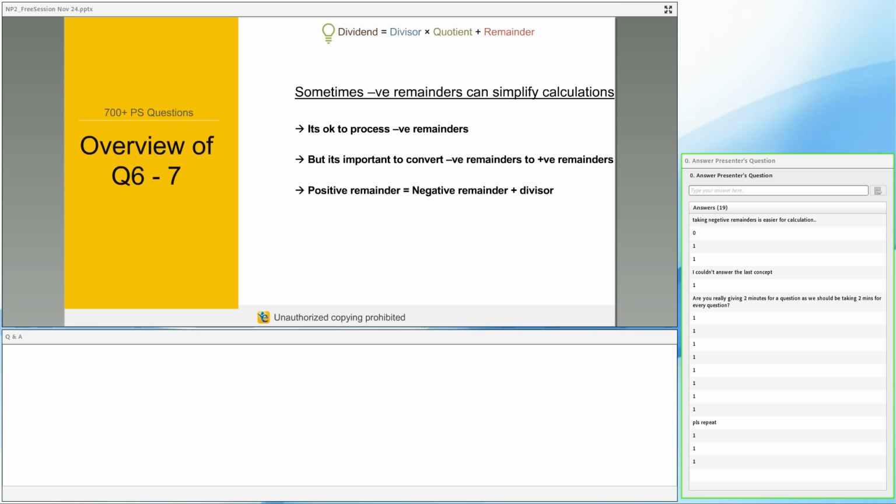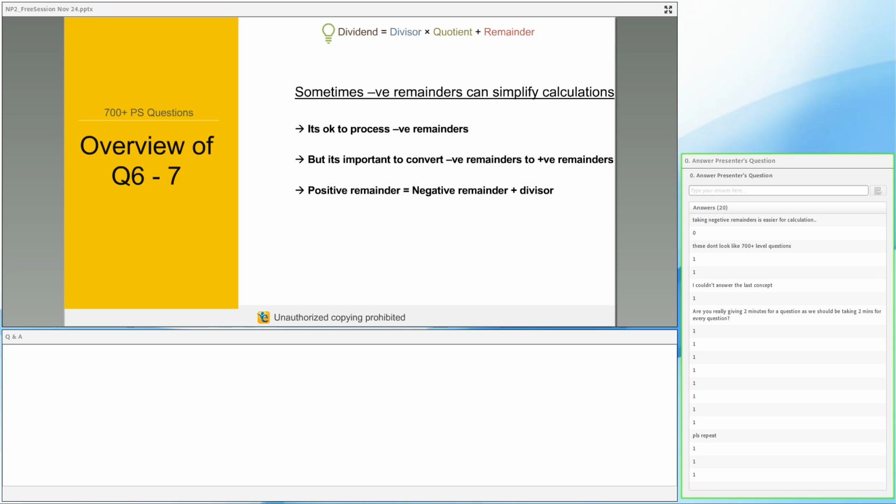But keep this in mind, if you have a negative remainder, always convert it to positive by adding the divisor. If it is not negative, please do not unnecessarily add the divisor to it. Let me be clear, I have seen people making this mistake. Don't do that. So for example, if you get minus 1 to the power 8 and solving it gives you 1, that is your answer. Done.